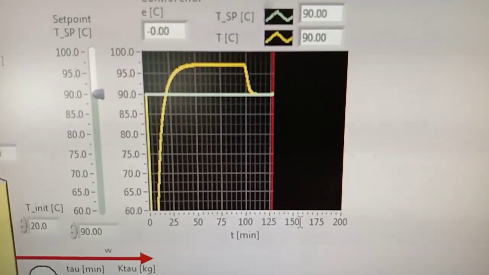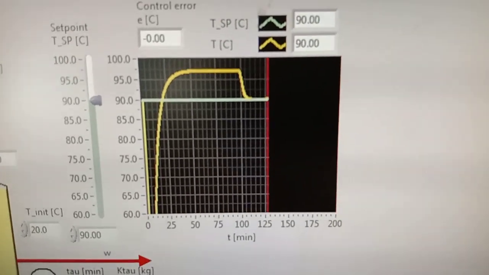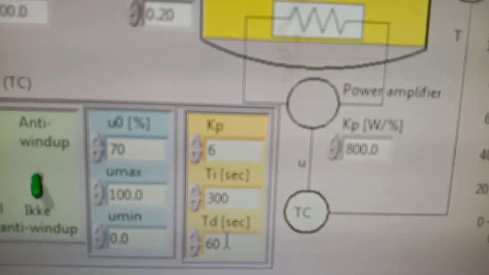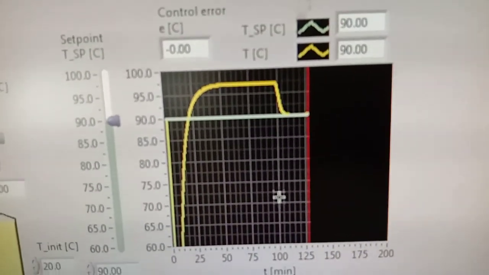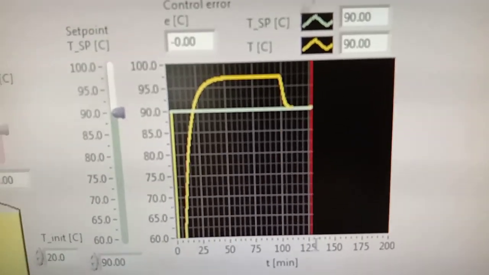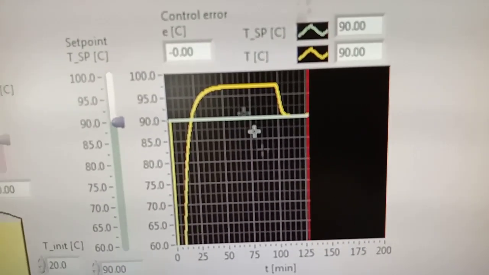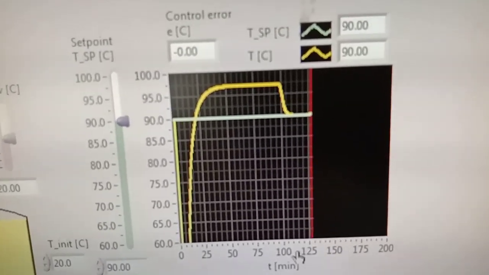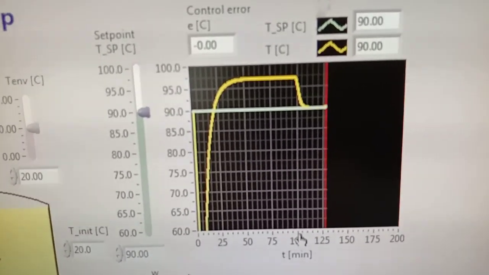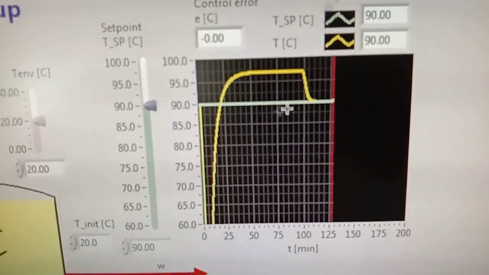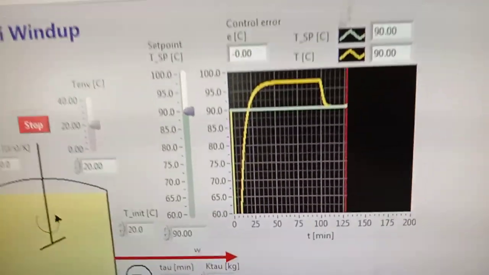Now, because we changed the Kp, Ti and Td values, we are designing a better controller. By adding higher values, the controller action became much faster, and it took only around 115 minutes to get control.